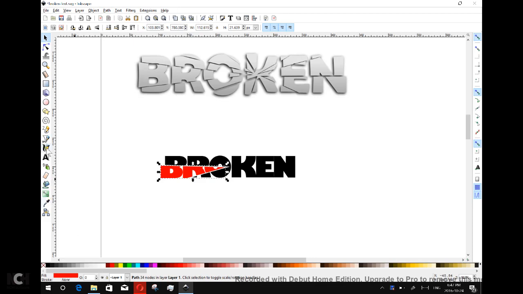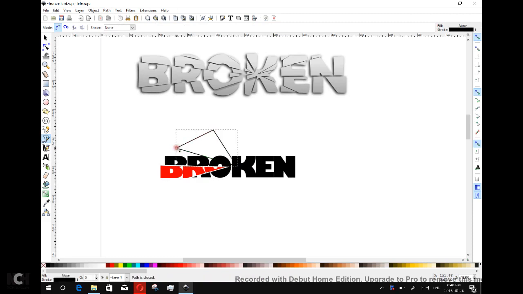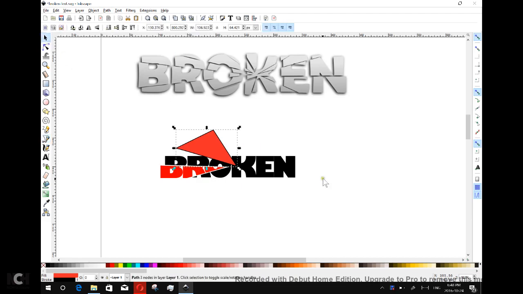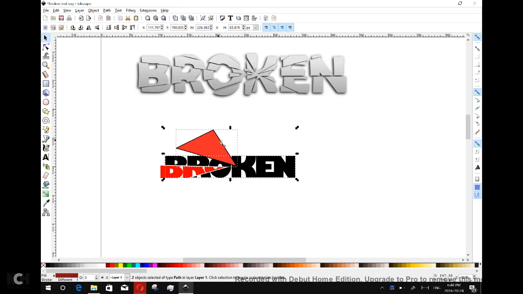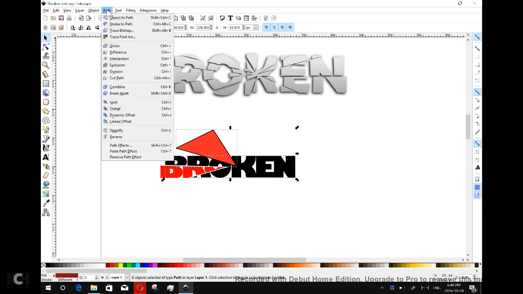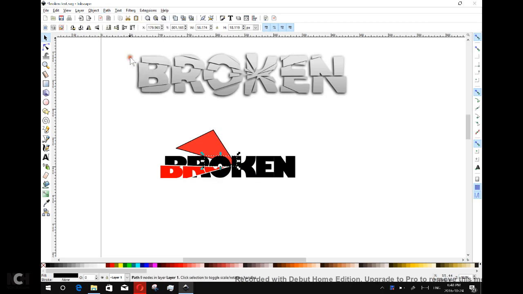So let's do another. We're going to repeat this many times. So single clicks at each point of the triangle. We're going to fill it, and then we are going to shift select the letters in the triangle, just these two. We are going to make one duplicate, path intersection, and then let's change the color here,